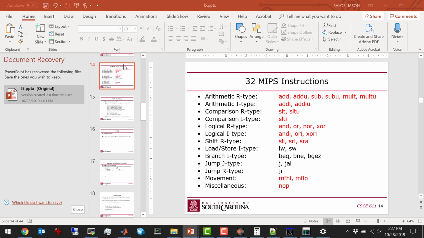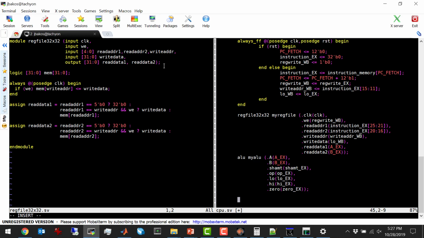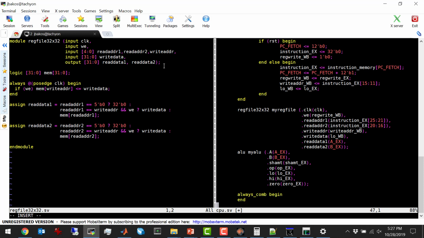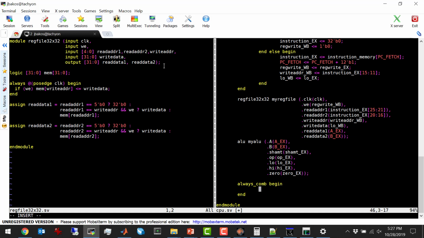So I can start adding those in my, I could say always underscore comb, and I can just stick my control unit right here and just say if instruction. Now, if I'm only doing R types, I don't have to check the opcode, because remember the opcode is always 0 for R types. All I have to check is the function code. So I'll just say, what's the function code? 5 down to 0. So if that is 6'B, and then I need to